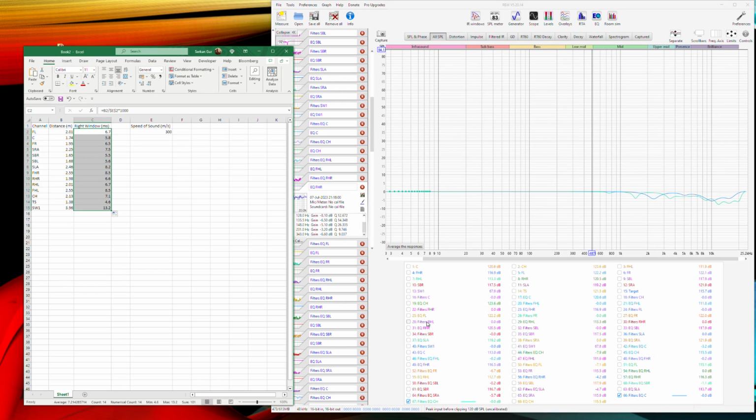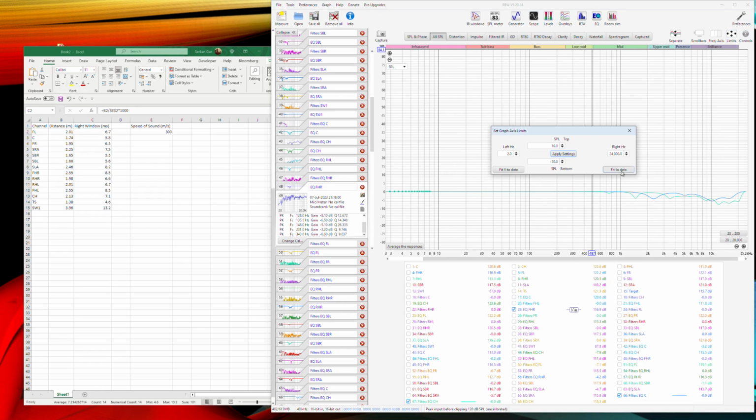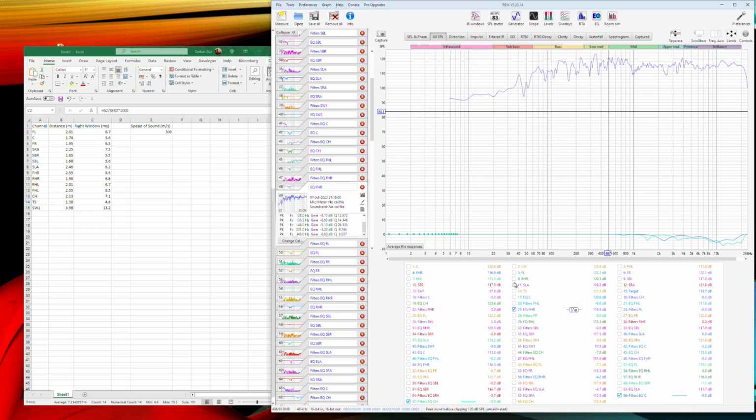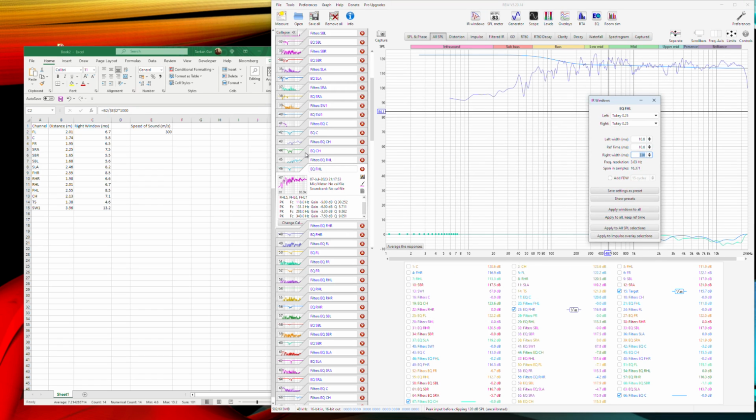EQ, FHR, we were here. And target, as always. We applied window to this one, I guess. No, not yet. How about this one? Yes. Okay, EQ FHL. Here FHL 8.5.